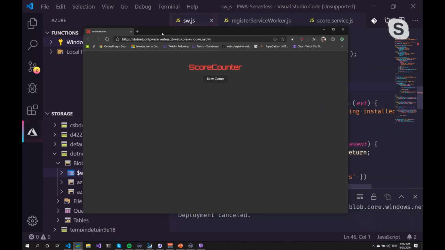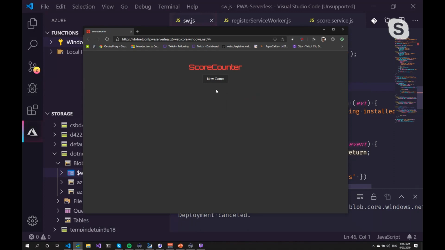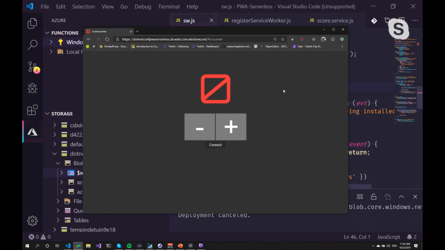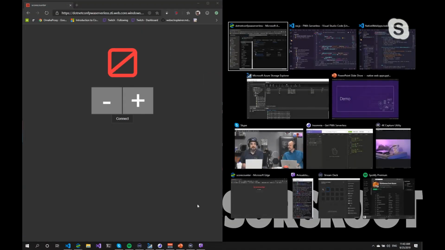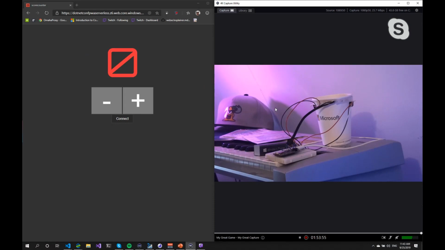And this is the website I have created. It's a small proof of concept, as I said. So we can start a new game. And the funny thing is, let me add the second side here. I've got a camera pointed at the back of me, where I have the Arduino set up with, well, this proof of concept cup with the sensors in there.